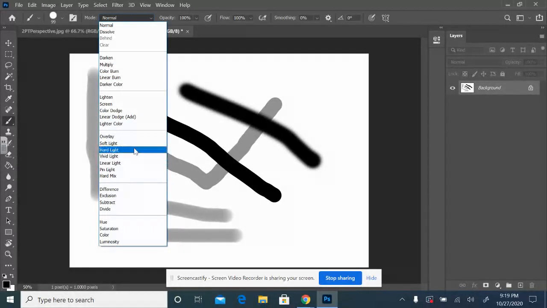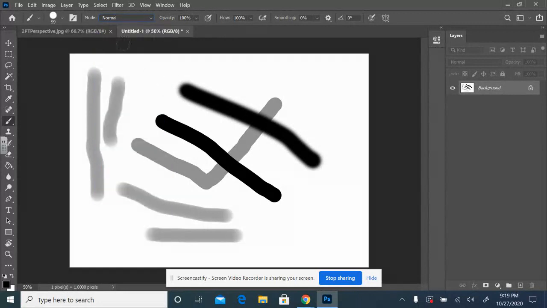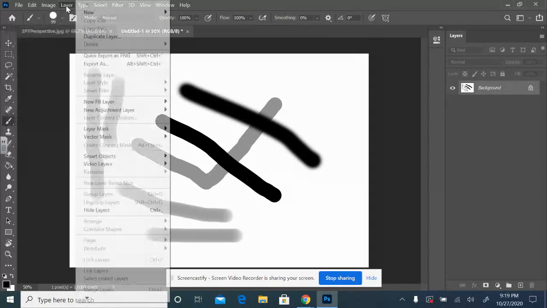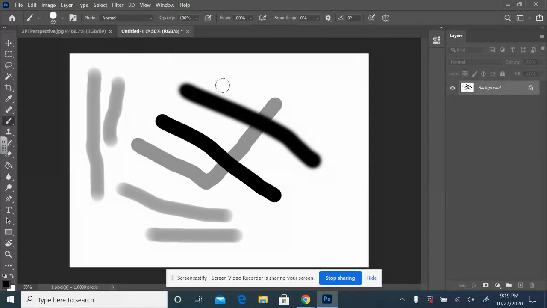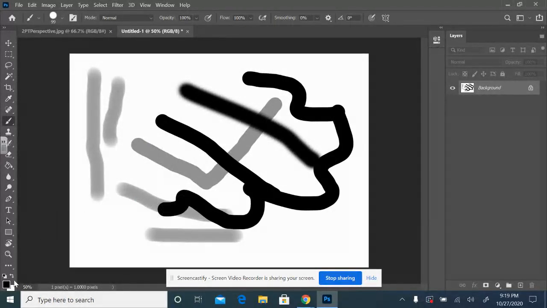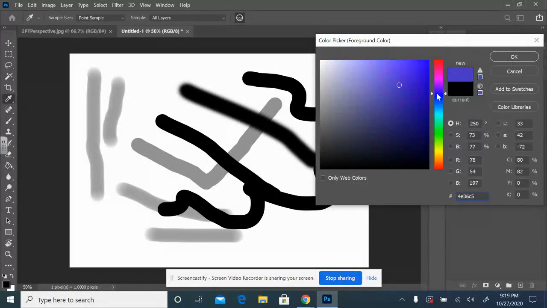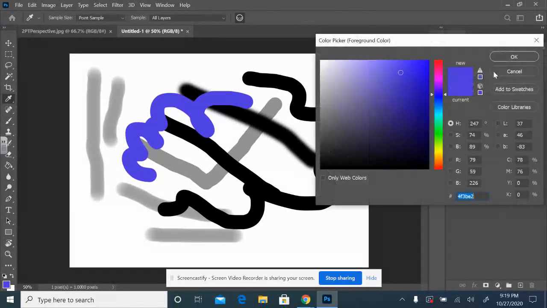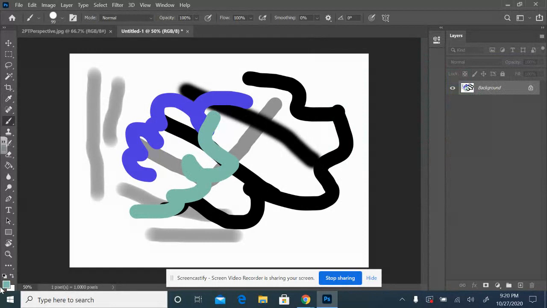We can also change the modes, a lot like you change the modes of the layers on the last assignment. Right now I'm going to leave everything normal and 100%, and I'm going to turn up the hardness. So you can see this is just a plain round brush. I can click on this, pick a new color, and paint some more. Let's pick another color, paint some more. And then if I want to go back to that blue, if I want this exact blue,